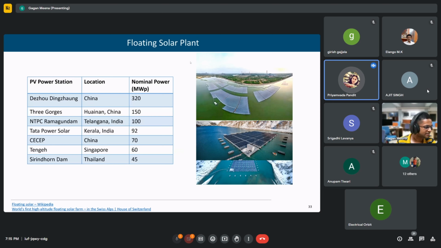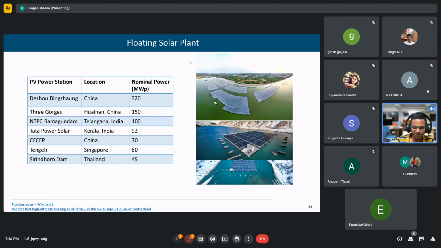From the cooling point of view, correct. Yes, cooling is a very important point, because water bodies do not heat up quickly. Their latent heat is higher. They take time. You can see the ocean, its temperature is almost around 27 degrees always. It fluctuates very less. So even if land temperature goes up to 40 degrees, water temperature is still 27. So from the cooling point of view, it's very beneficial for the solar plant. They provide inherent cooling for solar plants.